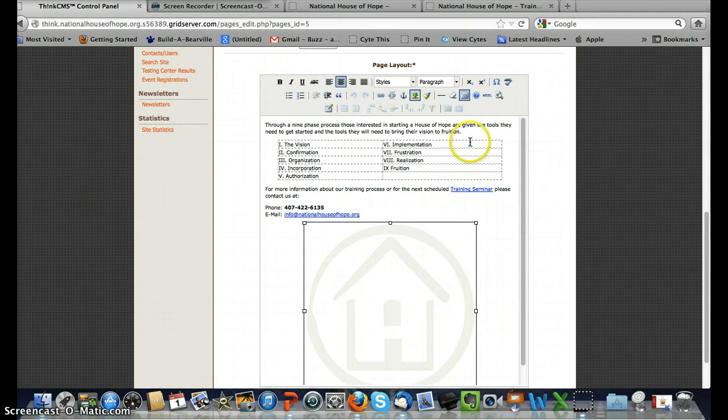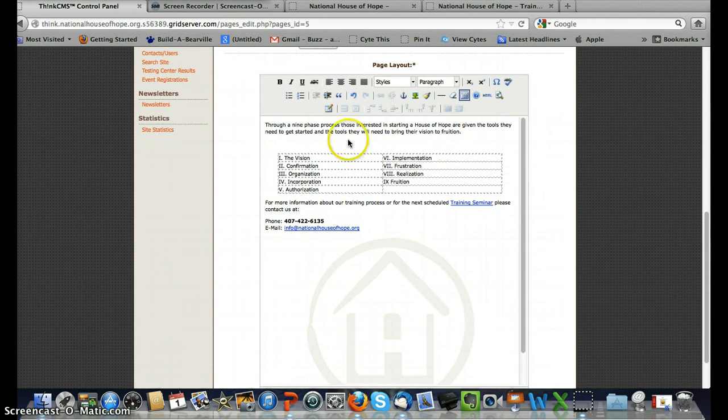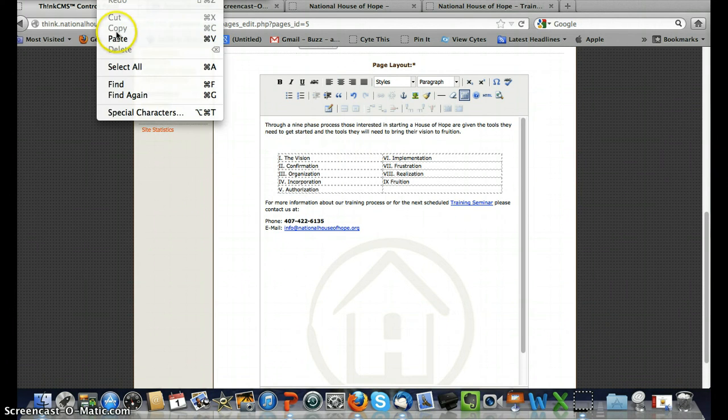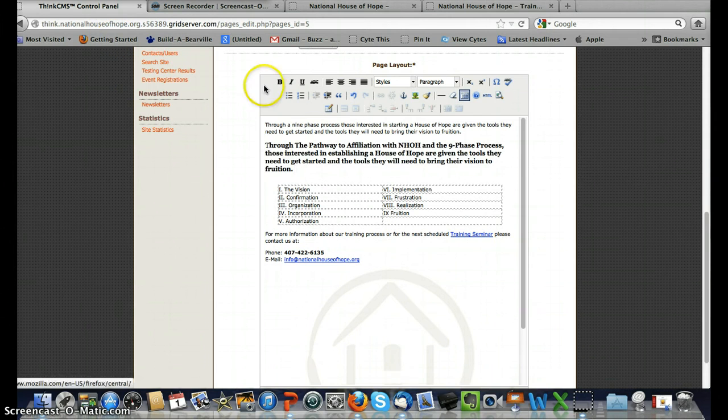So what I want to do for right now is I'm going to hit return, give it some space. And so it's the browser that I'm using. It won't let me use the copy, cut, and paste. So whenever I'm editing in here, I have to go up here to edit and do paste. And that's the paste that we picked up from the other page. Okay, so